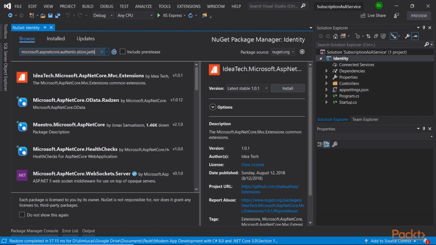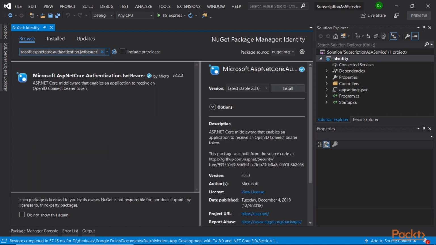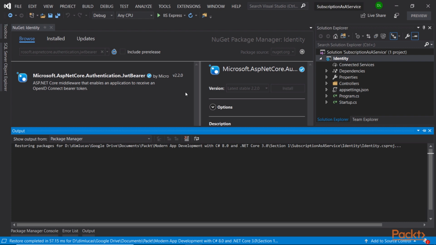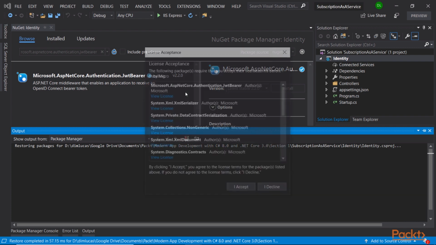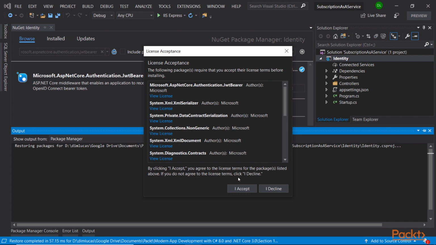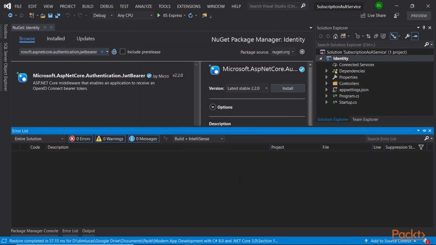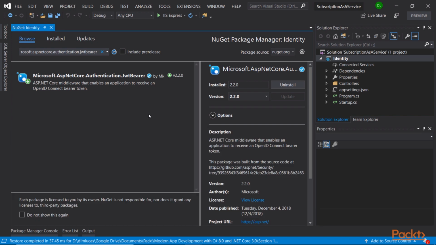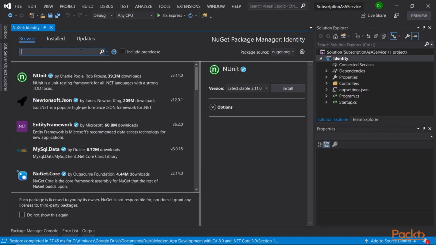Next, since we are going to use JSON Web Tokens, we're going to need the JWT bearer package. This will allow us to control, manipulate, and set a schema how tokens will appear to the user, like what claims besides the default. So once this is installed as well,